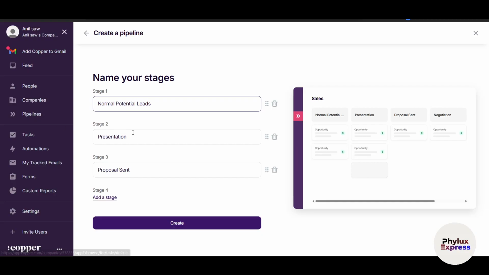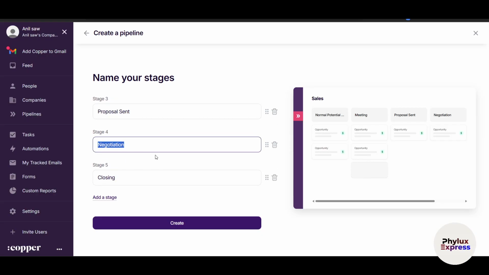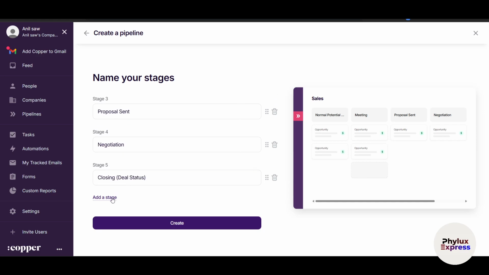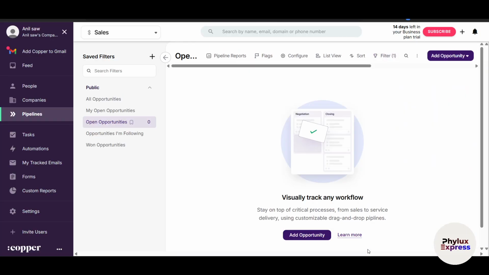leads. Now this is stage 2, presentation. Let's say I will write here meeting. Now the third stage is proposal sent, the fourth stage is negotiation, and the fifth stage is closing, right? And I can just write here deal status, whether it's won or lost, right? So this is the exact pipeline which I have named. You can just click on add a new stage. If you want, click on create, and within a few seconds it will automatically be added, and you can just edit